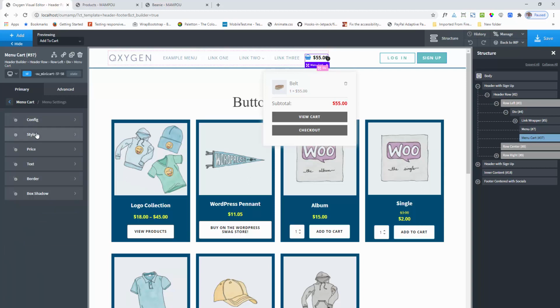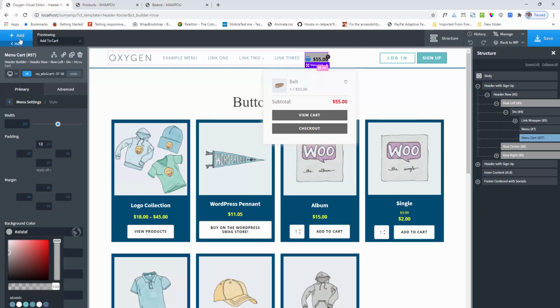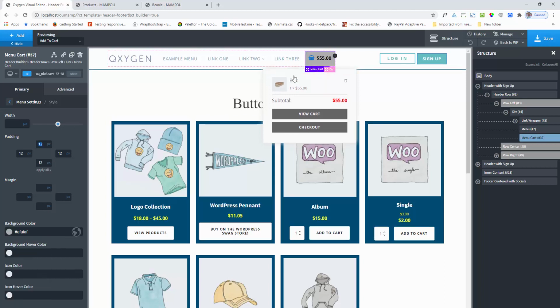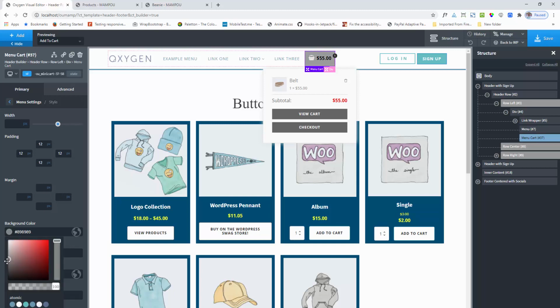Next, we have the style options. Here you can adjust the menu button width, padding, spacing, background color and icon color. Background color means the total menu button color, and you can adjust the padding so it looks like a complete button. And you can change the icon color to white. Okay,